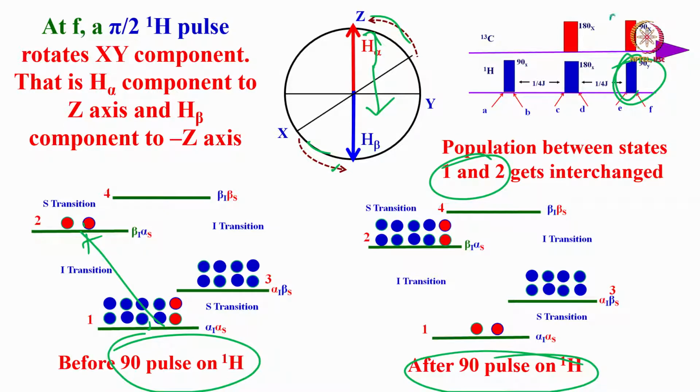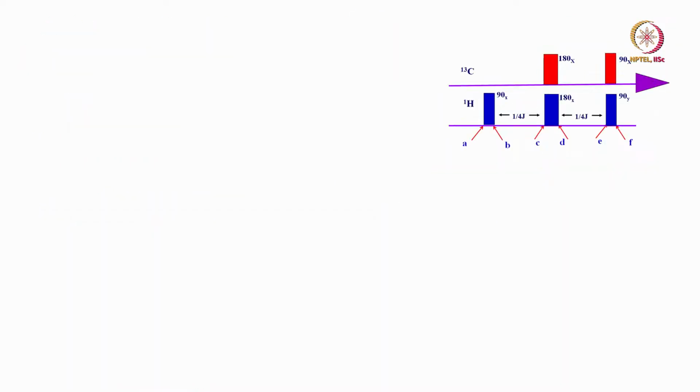Now up to this point, we ensured the carbon 13 spins, the C alpha and C beta components, because of that, the H alpha and H beta components corresponding to the proton get interchanged and start moving in the opposite direction, and the 90-degree pulse ensured that the H alpha component went to the z axis and the H beta component went to the minus z axis. A very interesting thing happened now. So this is what it is. Now let us calculate the population difference. Obviously, this is the gain that we saw.